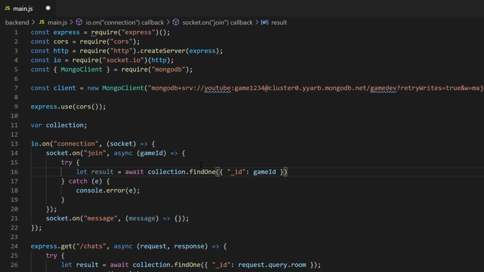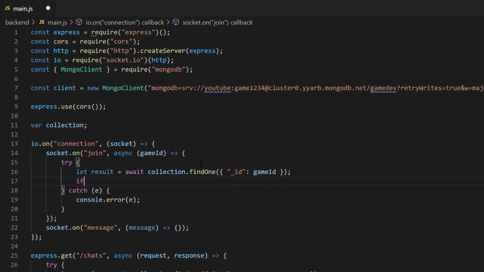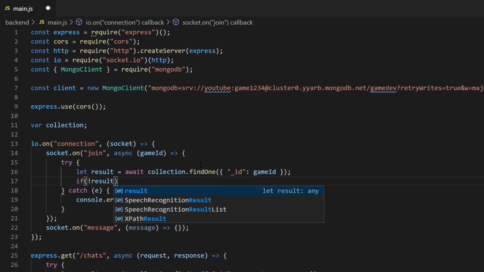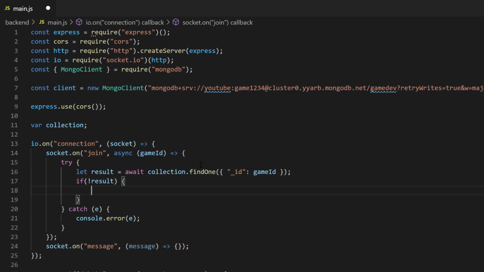Now the point of this is to either join a room that already exists or create a new room and join that instead. So we're first doing a search for if that room exists. So we're going to say if not result. So we're basically saying if the result comes back as null or undefined or similar, then we need to create that game room. So we're going to say await